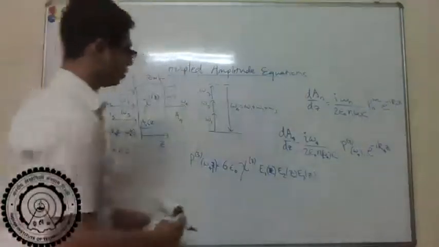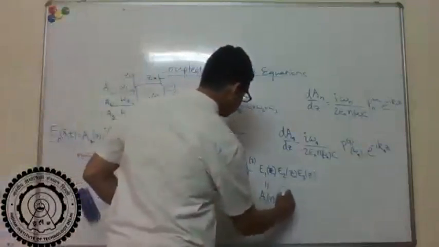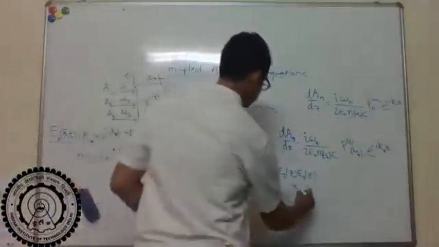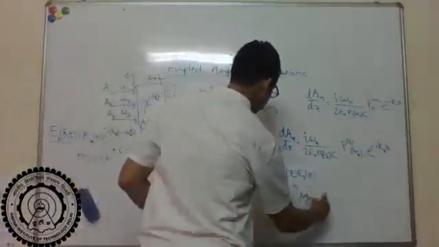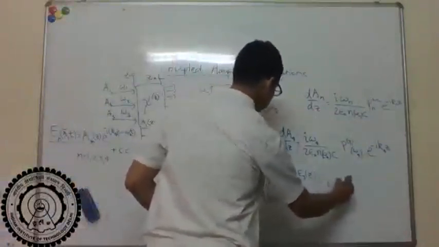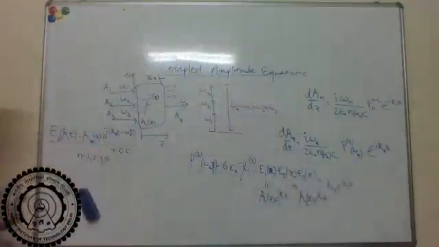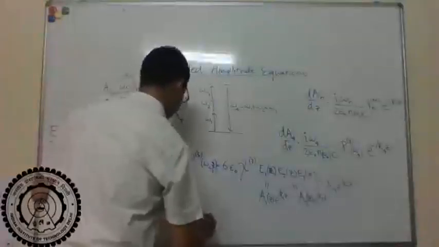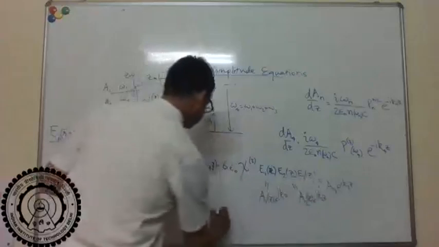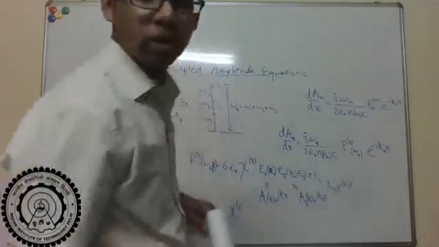So here I can put E1 as A1(z) times e to the i k1 z, A2 times e to the i k2 z, because I've taken E as this. So I'll get a term here which is